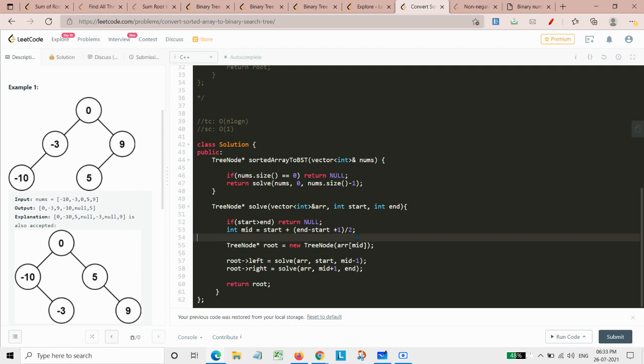So this is how this code will work, and time complexity is basically order of n log n. Why order of n log n? Because we are doing simply binary search in this, and in binary search we are creating a tree which simply divides it into equal halves at each moment, that is into left subtree and then right subtree. Then the left subtree is also again divided into left subtree and right subtree.